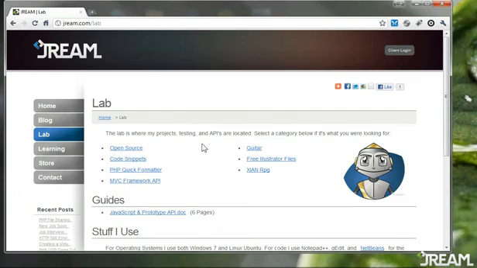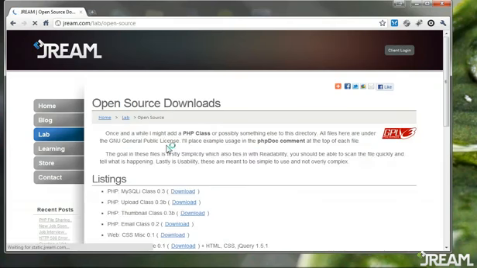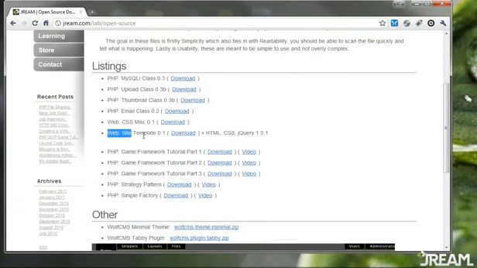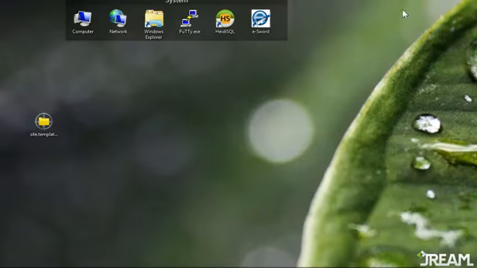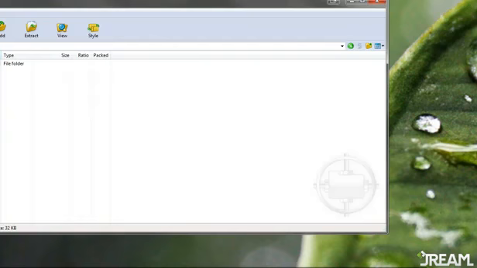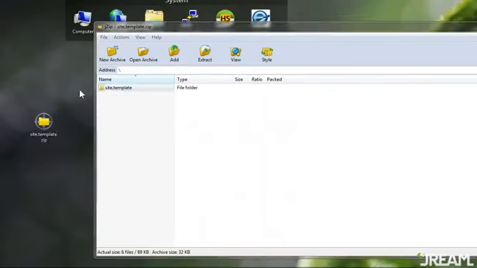We're gonna do a login script here, and first thing, I'm at my website dream.com/lab, and go to the open source area, and you're gonna download website template, and you can do whatever you want with this. It's just so we can save time and make your life easier. Okay, and I have mine right here. I'm just gonna pop this on my desktop,